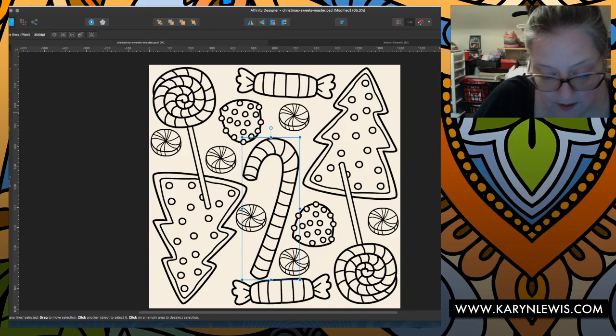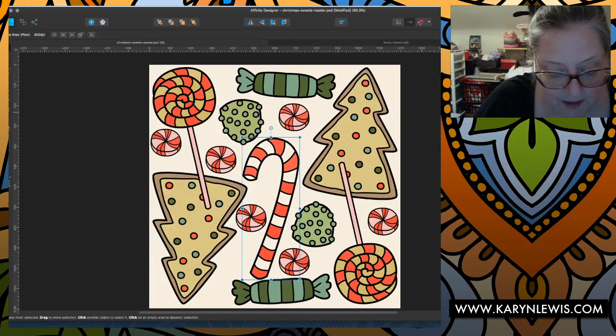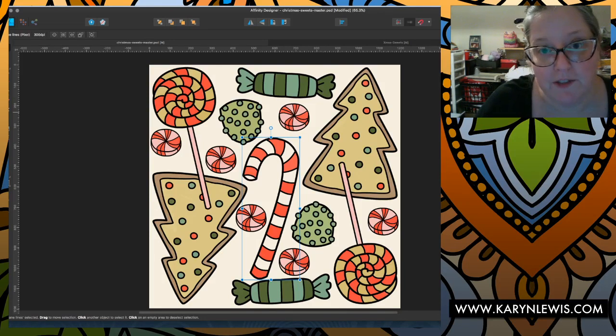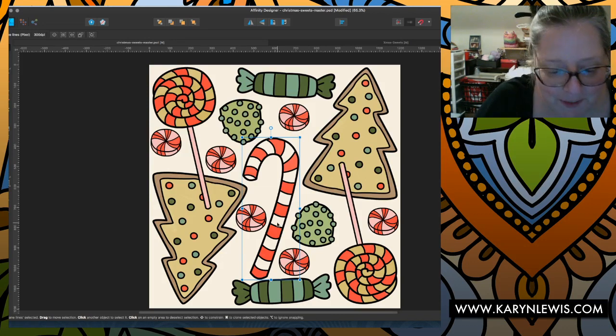Let's see. Yeah, there they are. I don't know what I was thinking. I don't know why I thought those were attractive colors. I mean, this was a long time ago, so these colors were probably more in fashion, or maybe I was just crazy. I don't know. But anyway, I'm taking these, and I am vectorizing them or redrawing them completely,